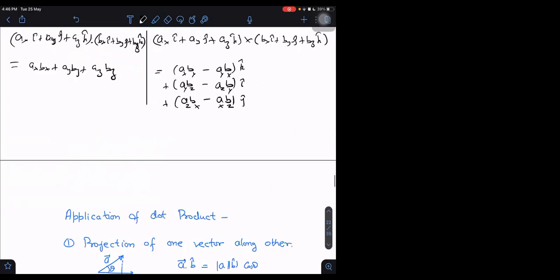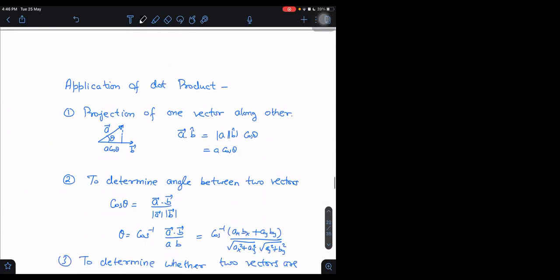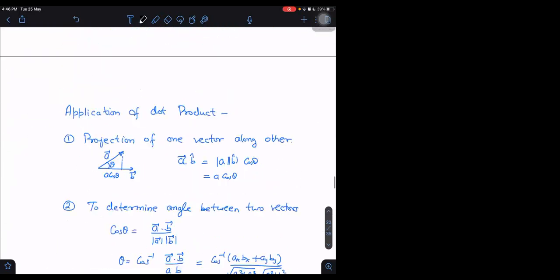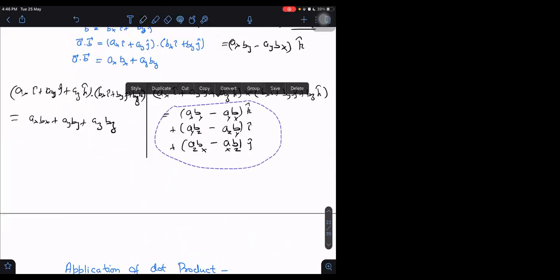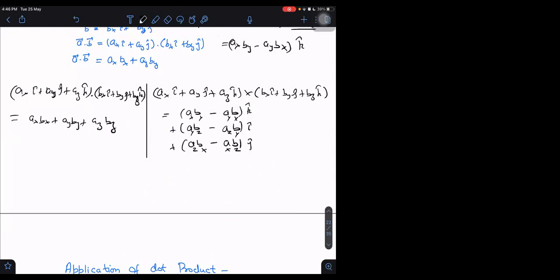Actually, in books you will find some shortcut tricks they will be giving you like this also. Let me write it somewhere. That method also which is given in the books. In the books they will do it in this way, although I prefer not, no need of that. But anyway, let me tell you how they do it in the books. They do it in this way: I, J, K, AX, AY, AZ, BX, BY, BZ.